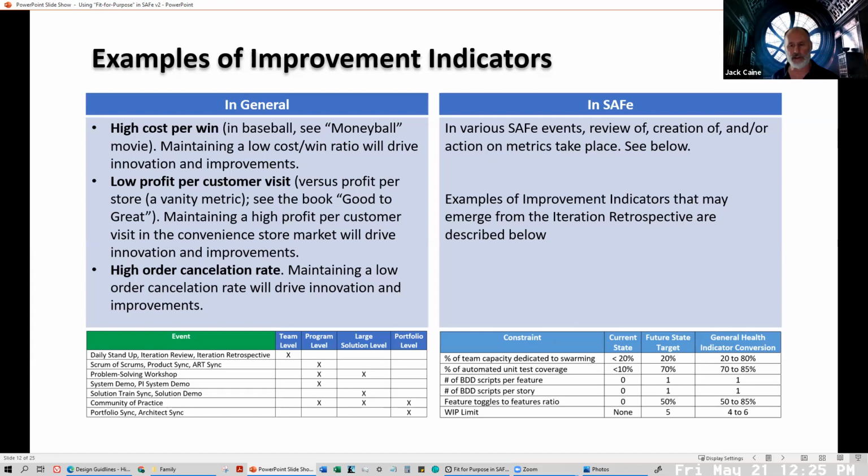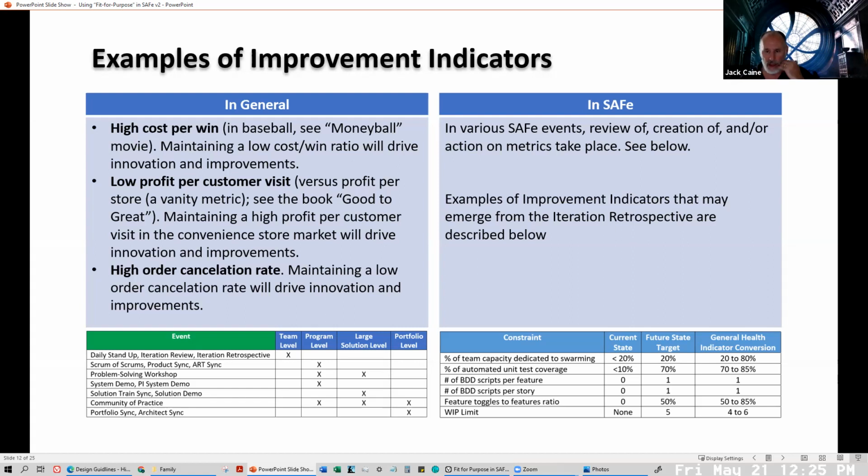Percent of automated unit test coverage. The sweet spot might be 80%, but we have a range; the general health indicator might be 70 to 85%. The future state target might be 70%. The current state might be less than 10%. Maybe they haven't started doing the XP and TDD stuff yet. Number of BDD scripts per feature or scripts per story. Maybe we're not doing any of that yet. We're not doing behavior-driven development yet. We want to have a future target of at least 1, and the general health indicator would be 1